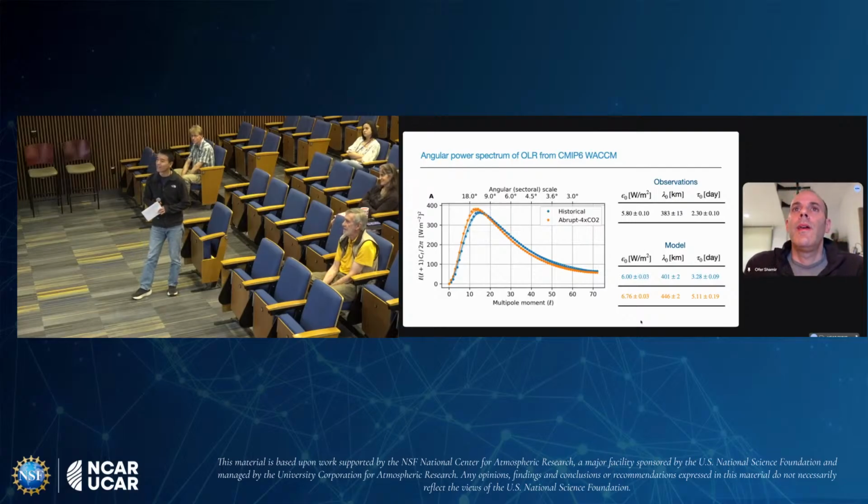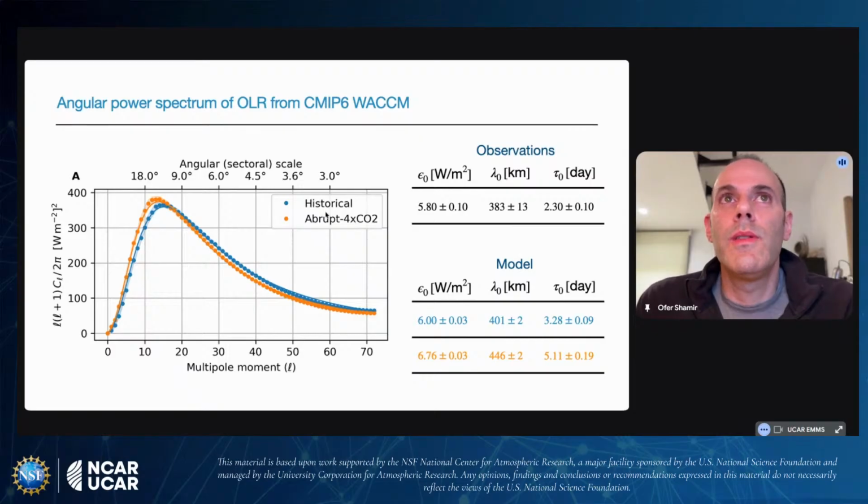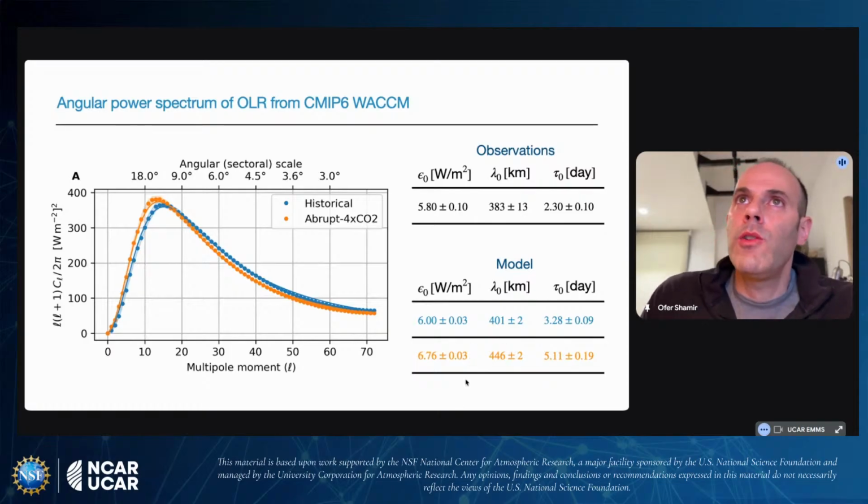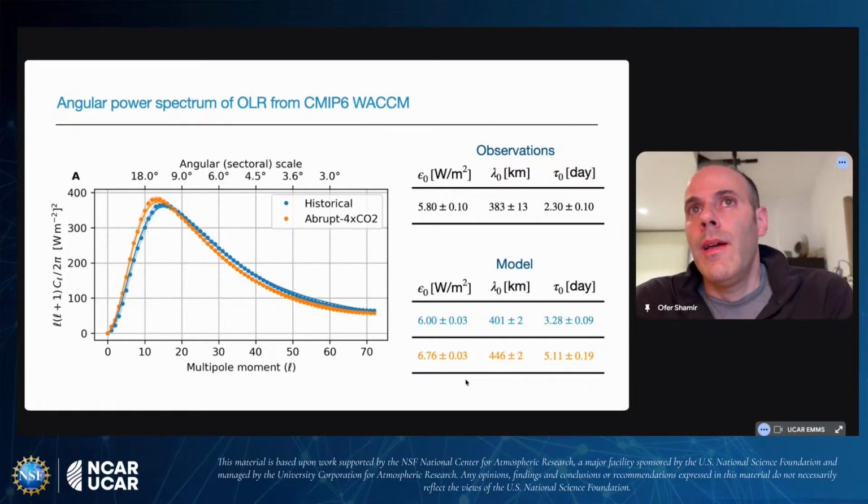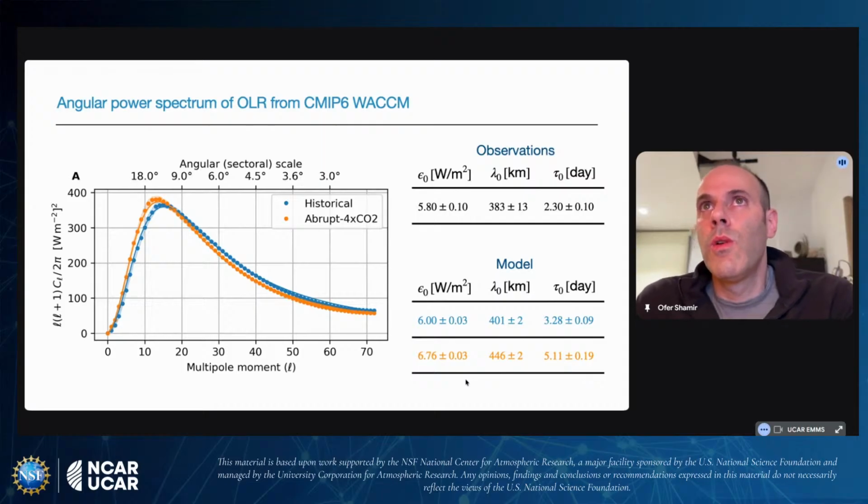Well, I can speculate. You see here, the blue is the estimated parameters in the historical run, and the orange is the estimated parameters in the climate change run. And you can see that there is about 10% change in epsilon 0 and lambda 0, and more of a change in the decorrelation time. My hypothesis at the time, as I mentioned earlier in the talk, is that lambda 0 is at least constrained by the Rossby deformation scale, and there is good reason to believe that the Rossby deformation scale would increase with climate change, because, for example, if you look at the